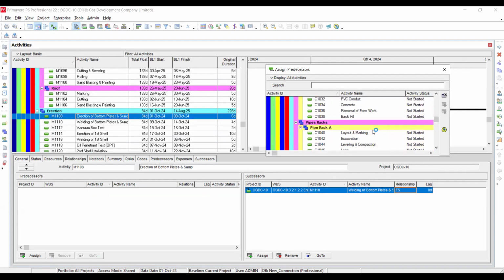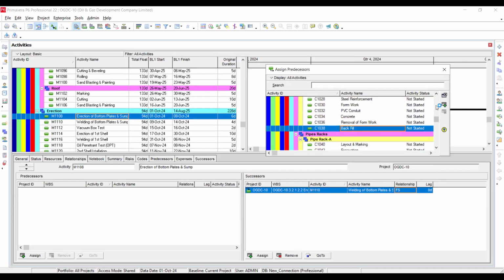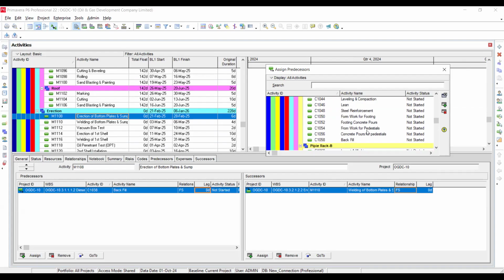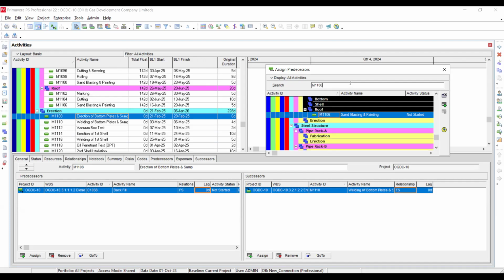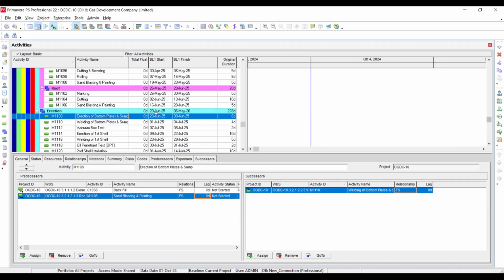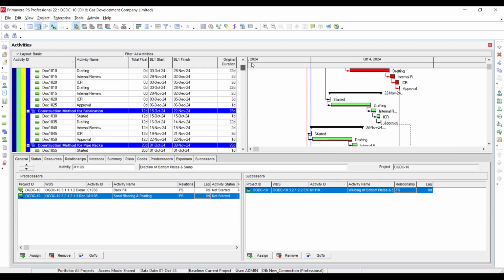Where is the diesel tank foundation? Diesel tank foundation is here. It should be done. Then sand blasting should be done. Sand blasting is actually carrying M1106 directly. I can. So see, now you can see the total float. Where is total float? See,